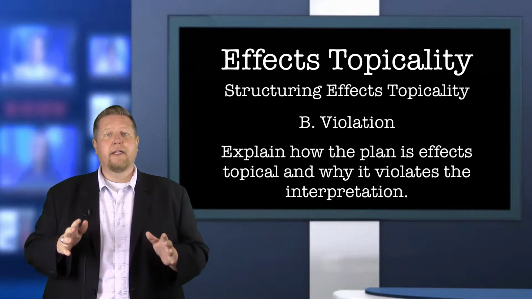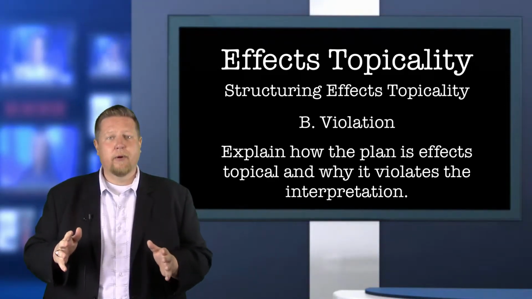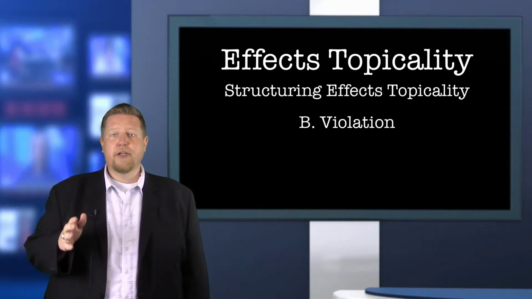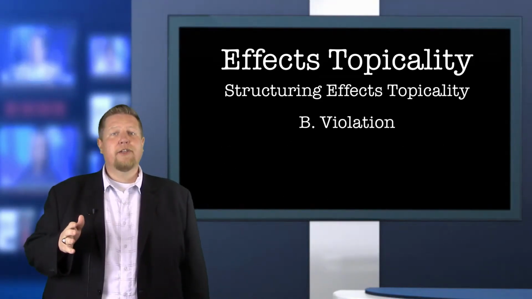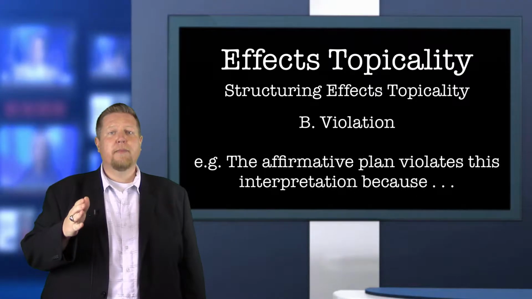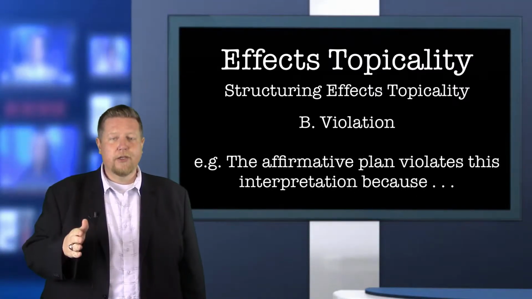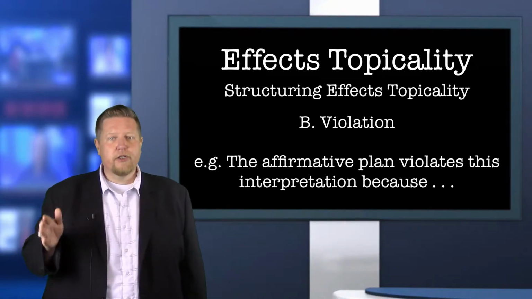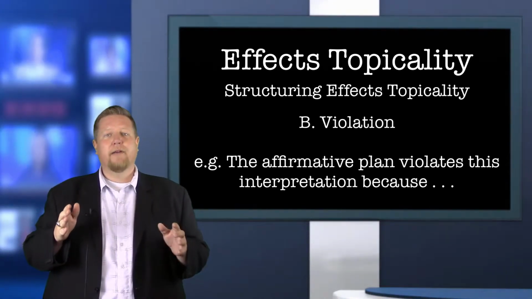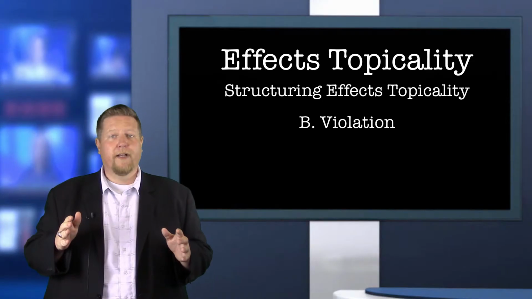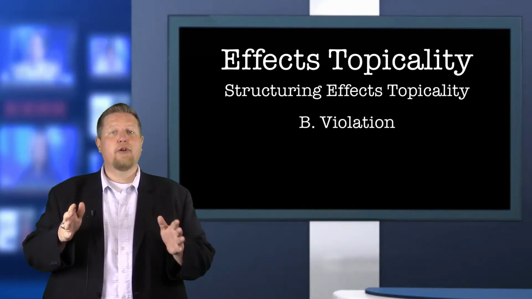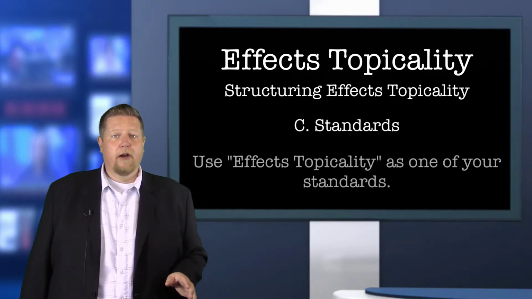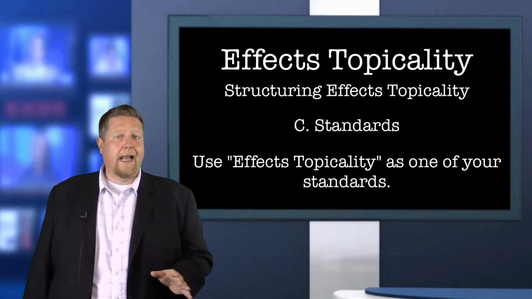You should explain that the affirmative plan is indirectly topical, not directly topical. So it sounds a little bit like this. In subpoint B, we present the violation, and the affirmative plan violates the resolution because it requires the federal government to do something other than curtailing surveillance. In this case, it requires the federal government to pay a company to increase its surveillance. Whether or not the plan indirectly results in a reduction of federal surveillance is irrelevant, because the plan must be directly topical.